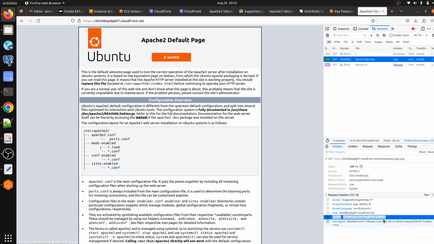You can see cloudfront.net, right? The HTTP, this one, the ID, the CloudFront unique ID, and cloudfront.net. So we are getting the response from CloudFront. We are not getting the response directly from the origin server. Let me refresh it again.